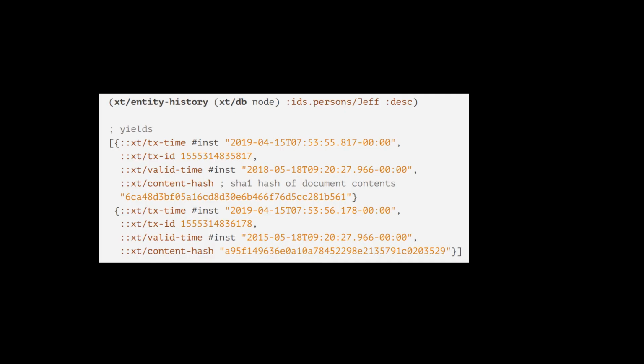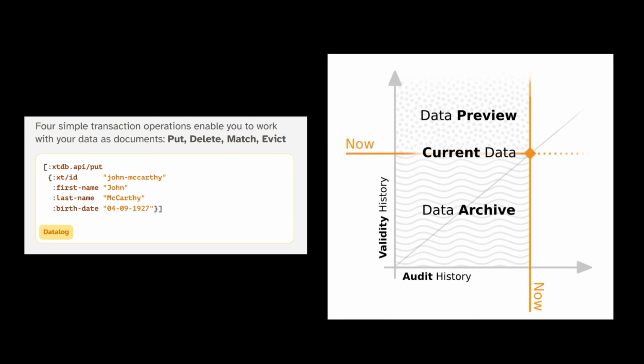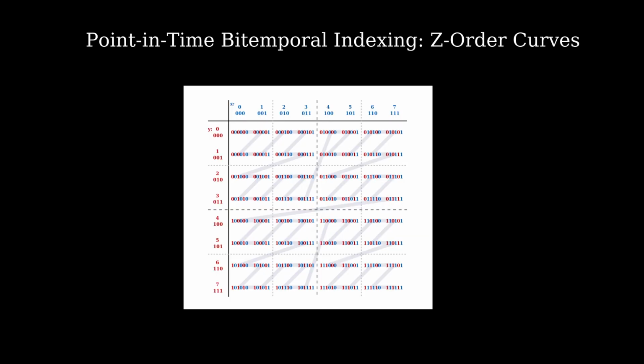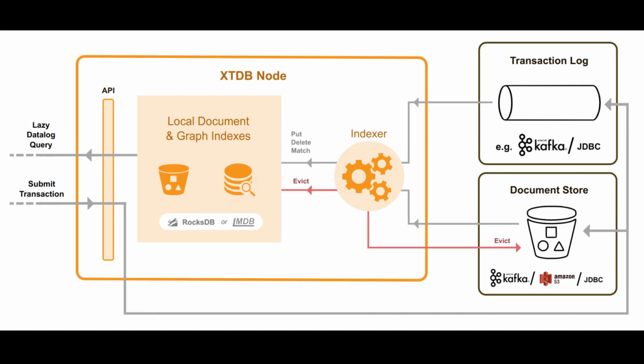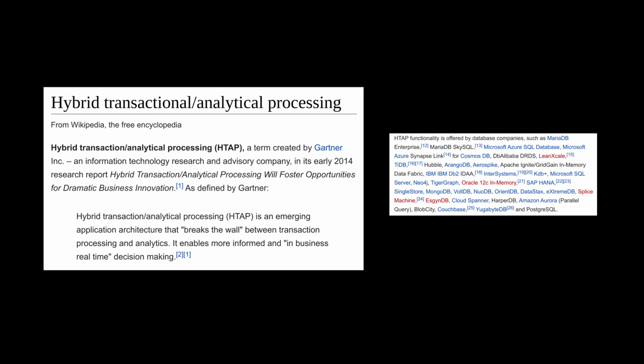In XT's data model, every entity in the database has a bitemporal history maintained automatically, and entities are expressed as versioned documents that get indexed as EAV triples without any upfront user-provided schema or DDL. 2 temporal indexes exist to support ad hoc point-in-time filtering, and data can be evicted from the otherwise immutable system when really needed. For the next major release of XT, we are working on a new hybrid transactional analytic processing